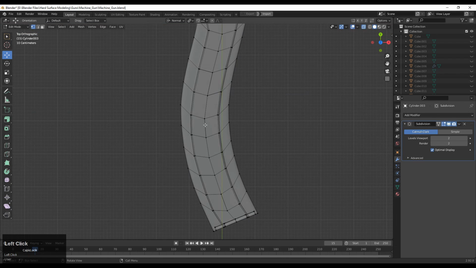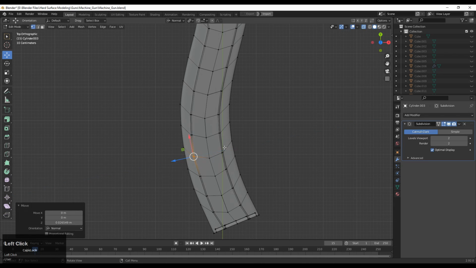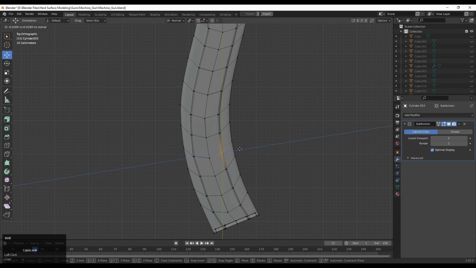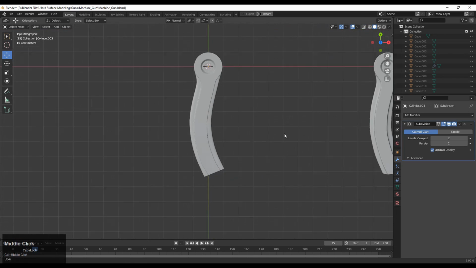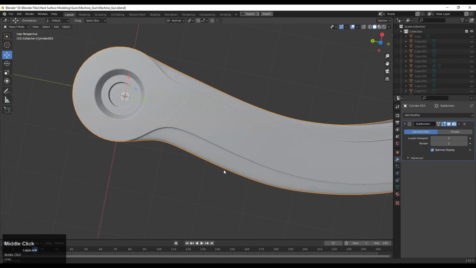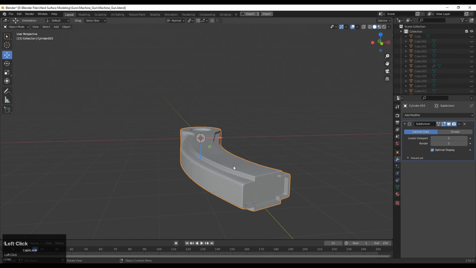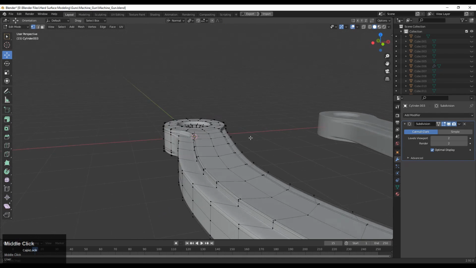Now we got the perfect curve form for the mesh, and if it's necessary then move these vertices a little bit. And our handle looks pretty well.